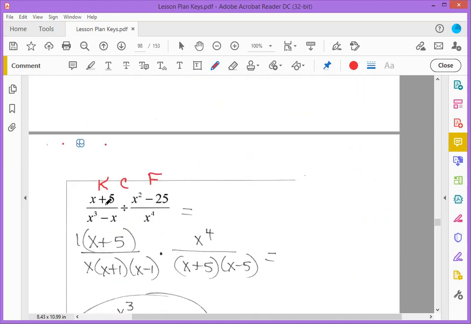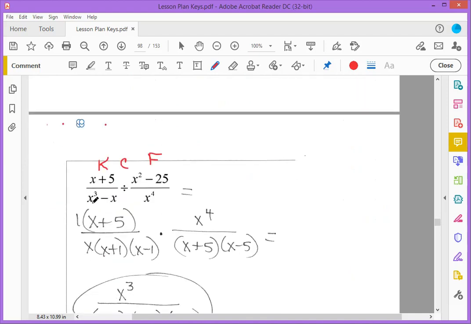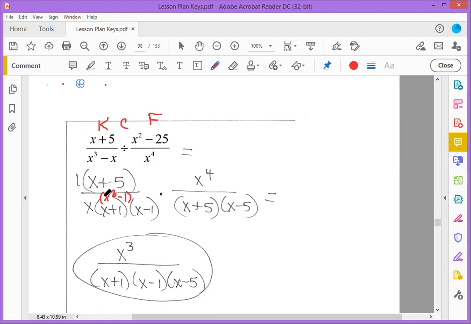All right, we're going to keep, change, flip again. In our numerator, we have x plus 5 of our first fraction that will stay the same. X plus 5 in the numerator, and in the denominator we have x cubed minus x. We can factor x from both of these terms. When we factor x from x cubed, we get x squared in parentheses minus, when we factor x from x, we get 1. So this x squared minus 1, we factor, because this is a difference of perfect square numbers,